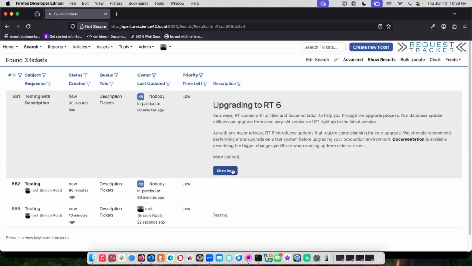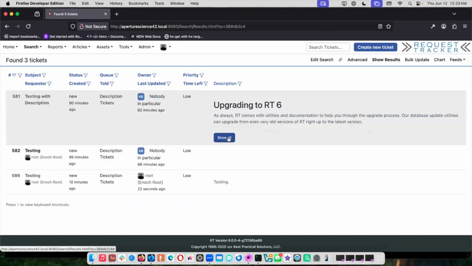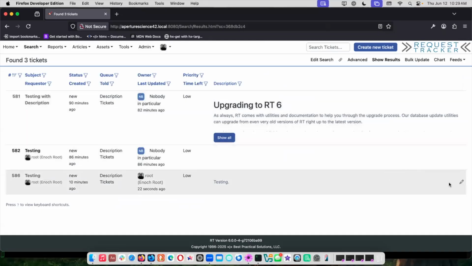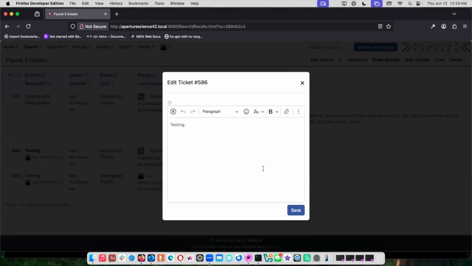You can see if you have a lot of content, we kind of hide it so that if you do put a big block of text in that description, it's not going to completely blow up your search results. But you can go into any of these, and you can see the pencil pops up, and you can go in and you can just edit right here